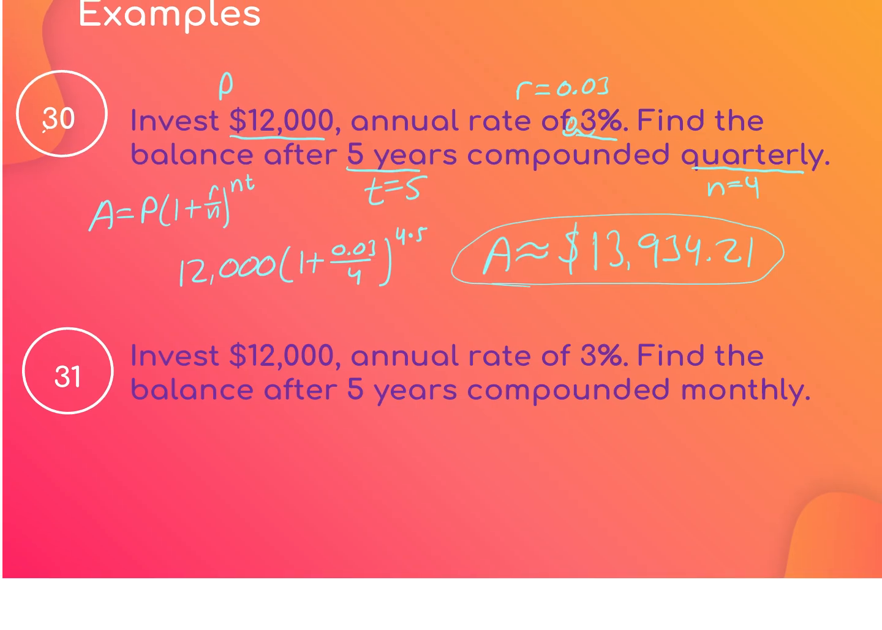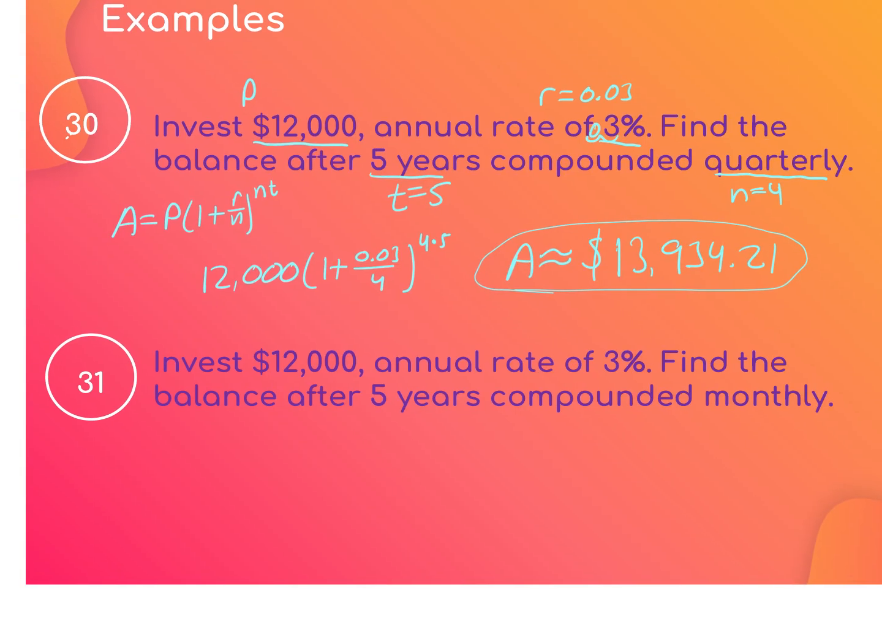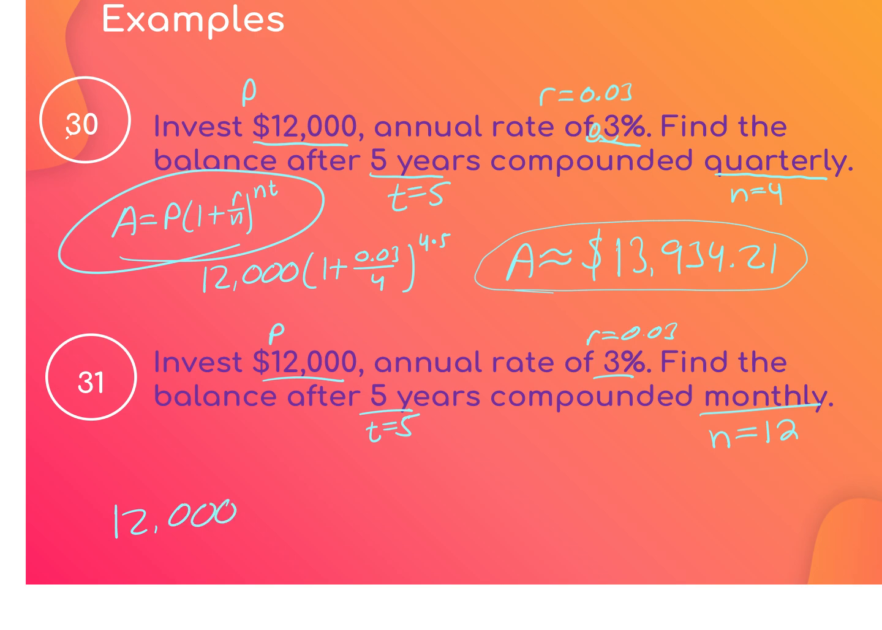Now let's try the same thing compounded monthly. So I still have the same P value, the same rate of 0.03. I still have T is 5, but this time we're compounding monthly. So N is going to be 12, because there's 12 months in a year. So again, plugging into this formula here, we're going to have 12,000 times 1 plus 0.03 over 12 to the power of 12 times 5. And then that's going to make A